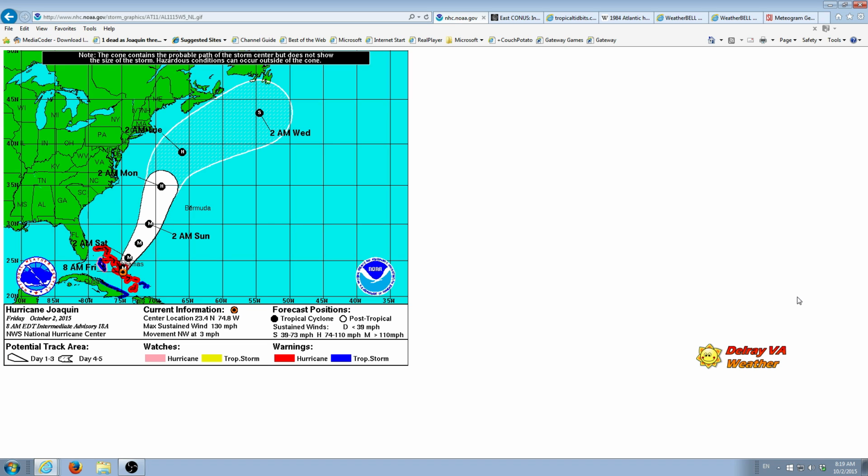Okay, so the takeaway is we still have a chance that Joaquin could make landfall. Not a good chance, but a chance. So we really won't know absolutely positively for sure until about 6 a.m. tomorrow, Saturday. We're going to have quite heavy rains today with very gusty winds. I think it's going to be around 2 inches today by midnight, maybe 2.25 inches of rain. And we're going to have our peak wind probably sometime Sunday, and that could be upwards of gusts of 40 miles an hour. So with rain and the gusty winds, it's going to cause some of the trees to be a little weakened in the ground, and so the real possibility of power outages